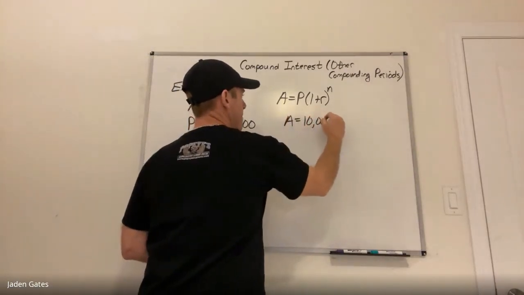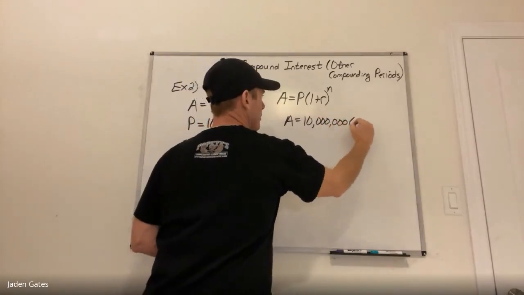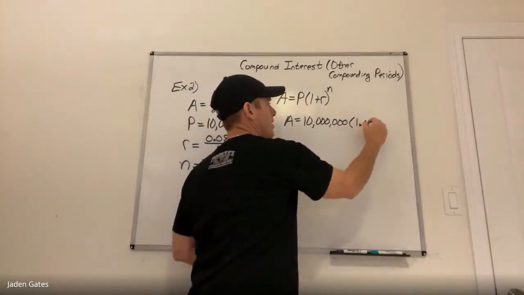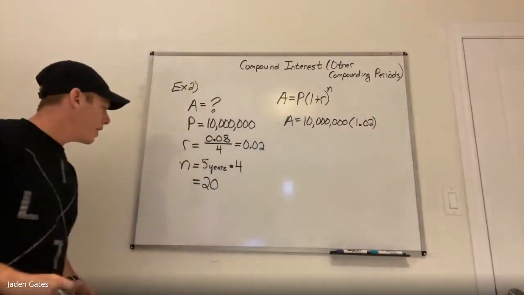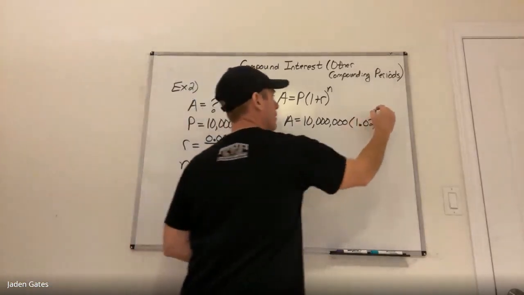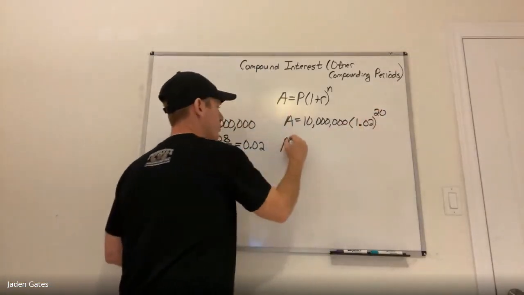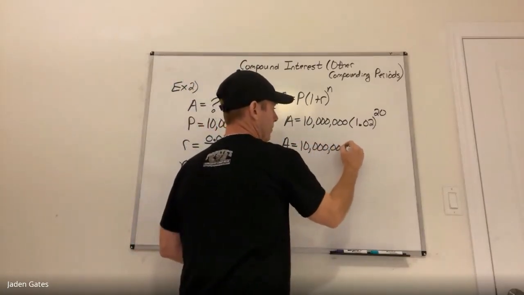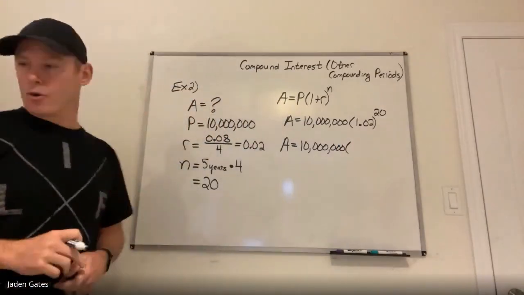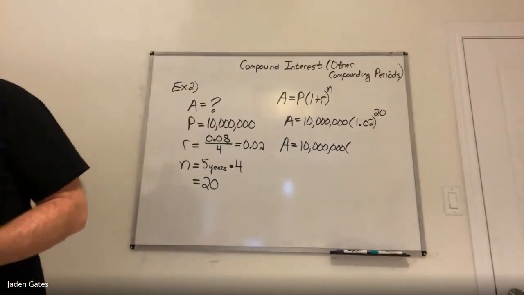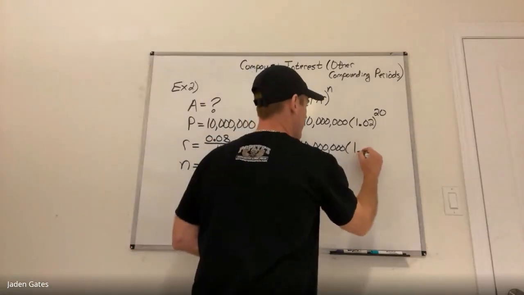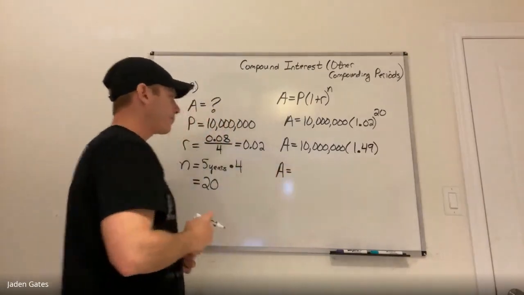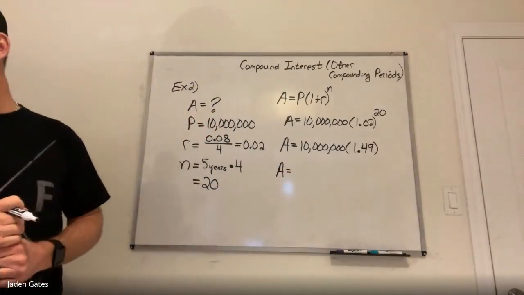We have $10 million was borrowed. In the brackets, I have 1 plus my interest rate, so I have 1.02 in the brackets. And my N value, my exponent here, is 20. And then again, just solving using BEDMAS, I take 1.02 to the power of 20, and I get 1.49. And of course, then I multiply 10 million by the 1.49, and I get